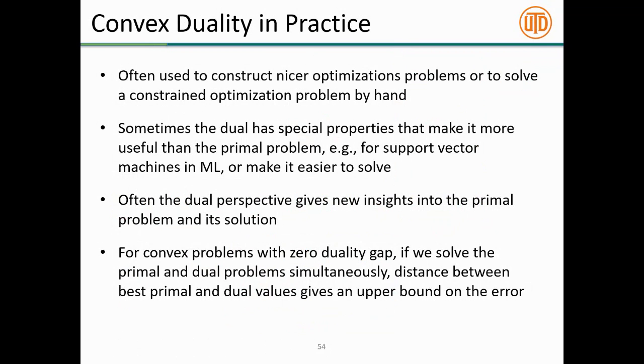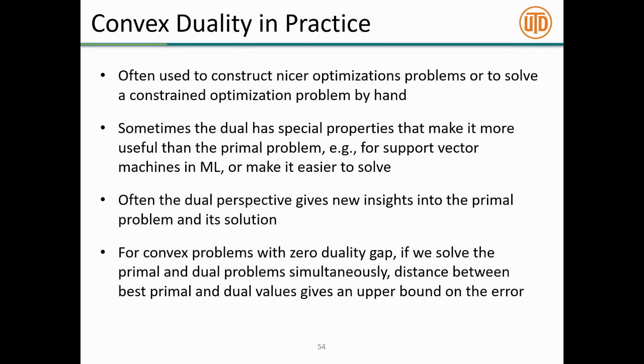a nicer optimization problem. Oftentimes in practice, the dual problem can have nicer features that are not available in the primal problem. A good example of this, if you've taken a machine learning course, is that the optimization problem for support vector machines has a dual with nice features that allow you to do infinite dimensional kernel mappings. If you haven't taken machine learning, don't worry about that. There are lots of examples of this, where the primal problem is somewhat complicated, but the dual problem is somewhat easier, or at least can be solved more easily with respect to a set of tools.